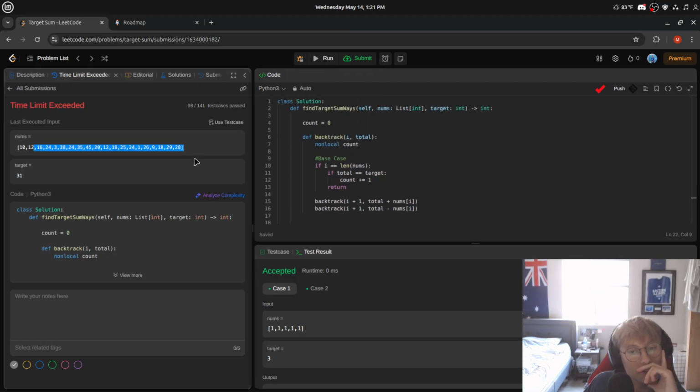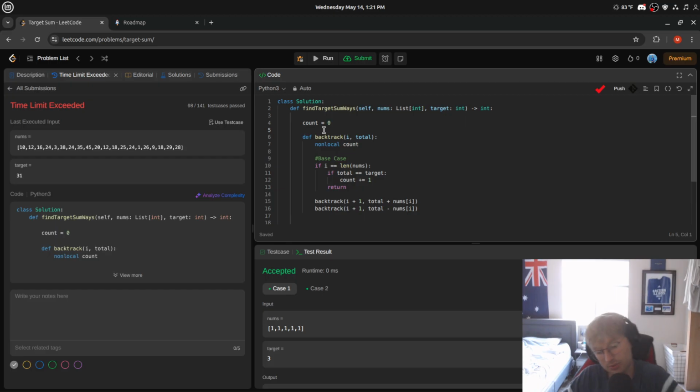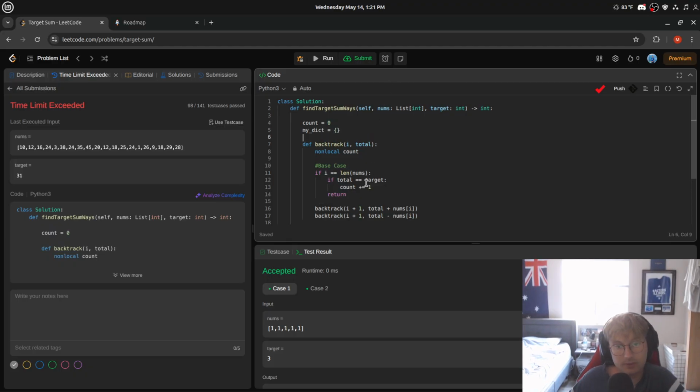How we add DP to this. So we've got a total here, right? So I guess what we can match, we could use some sort of hash map, a dictionary, right? We can do, well,